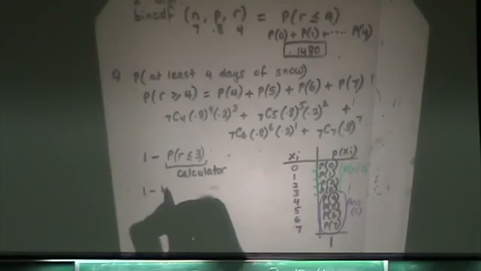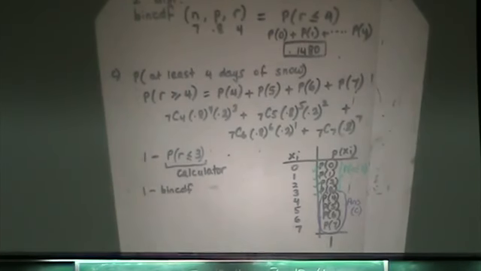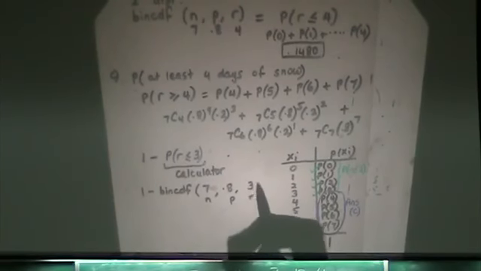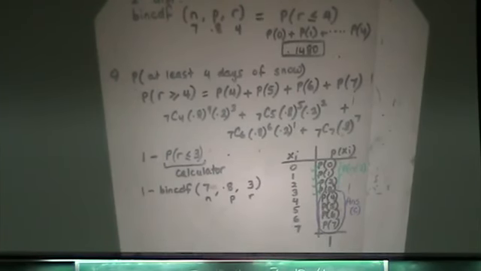1 minus binomial CDF, cumulative distribution of N, P, R. So N is 7, P is 0.8, and R is 3. So I'm taking away probability of 0 plus 1 plus 2 plus 3. I'm taking those away from 100%, which will leave me with the probability of 4, 5, 6, and 7 added together. Yeah. So if there's a case where R was, for example, 3.5, that's not possible because